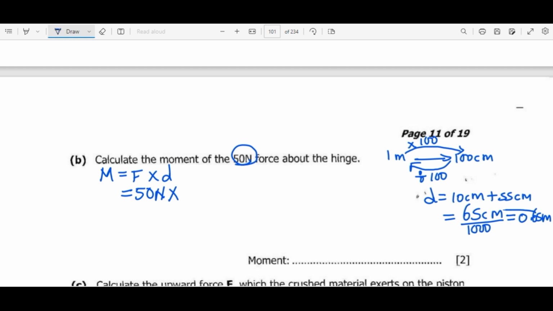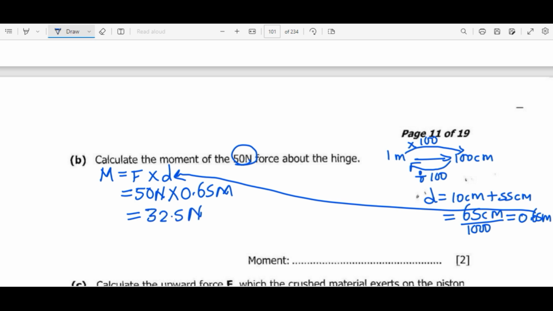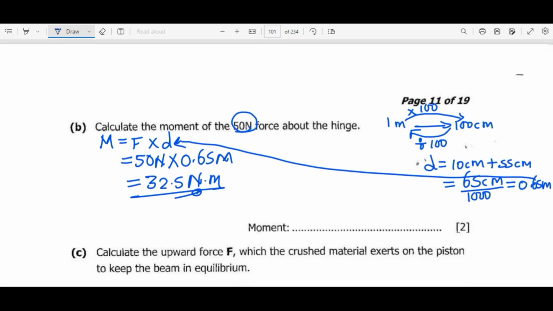So this is now the distance that we are going to put here, 0.65 meters. So we just have to do some math here. 50 multiplied by 0.65, then I'm getting 32.5 Newton meters. So this is our answer for this question. We move on to